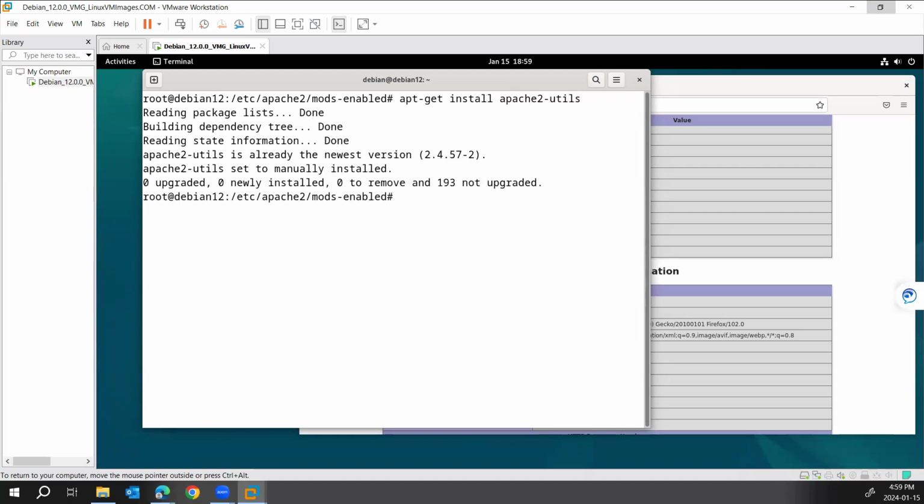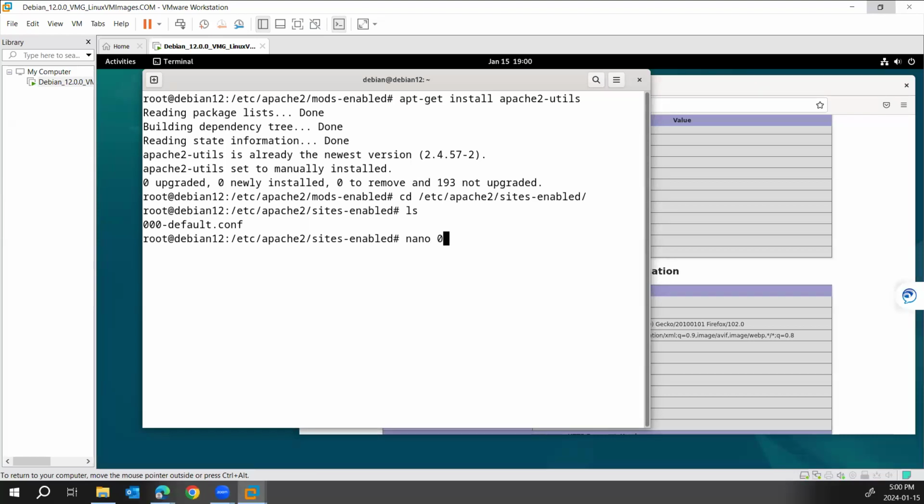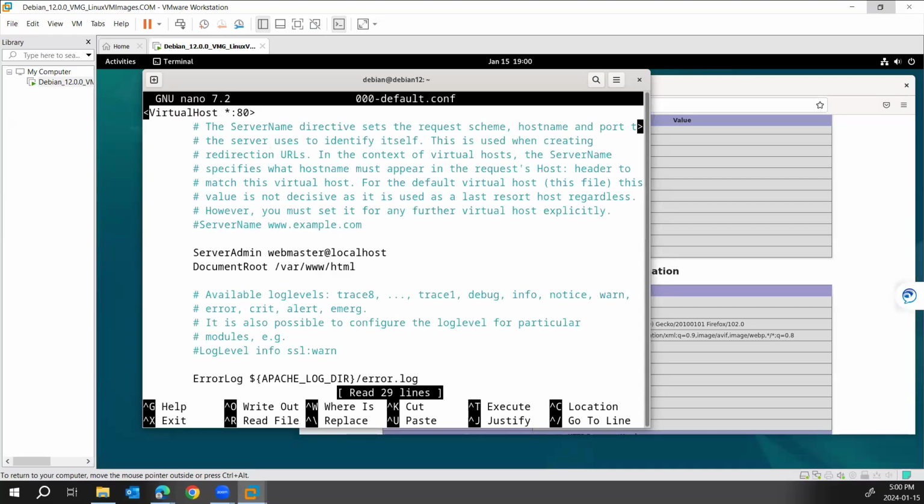So usually utils is part of that Apache packages. So if you go under etc Apache 2 and then sites enable here, there is a configuration file 00 default conf that you can enable some features here. The features that I'm looking for